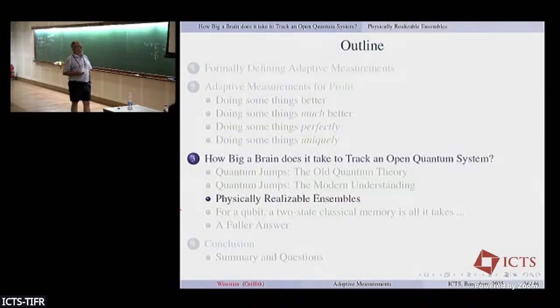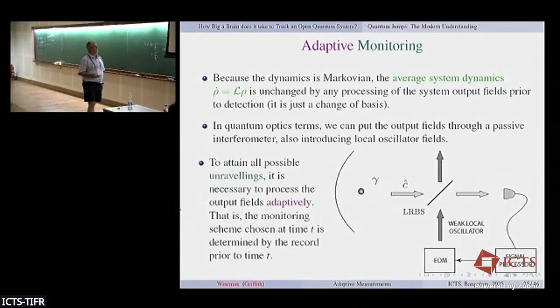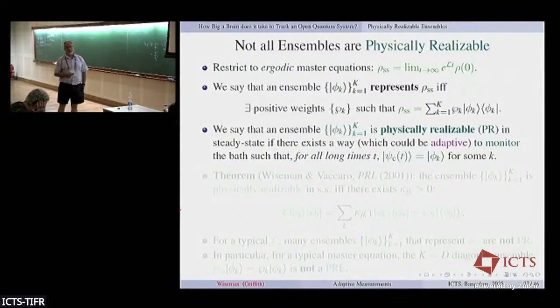So that's the question, right? Can we do this adaptive unraveling? Well, the answer is yes, but it turns out the way we solve this is to completely ignore all those details of the adaptive and use a theorem, which I'll get to in a minute, that was proven by myself and